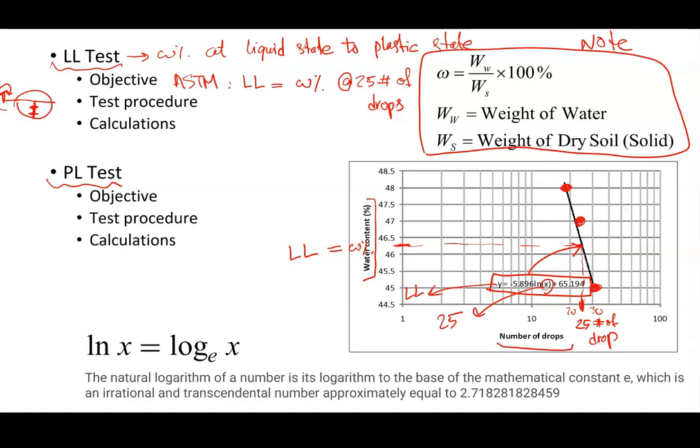Then the next test that we went over was the plastic limit test. So plastic limit is the water content at which soil changes from a plastic state to a semi-solid state. How do we find that? Based on ASTM, plastic limit is